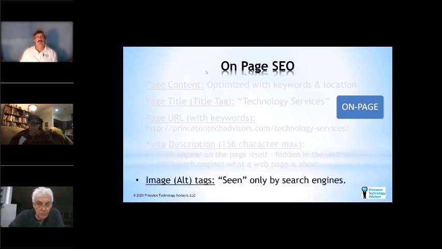Another hidden field, since you mentioned images before, are alt tags or image tags. You may remember the old days when you used to take pictures with a camera and printed the picture out, or you sent the film out and a couple days later you picked up the pictures. On the back of the picture, you might have written what the picture is. And then you put that in a picture album. So you might revisit your photo album from 20, 30 years ago, open up the album, take the picture out, and you'll say, oh, summer vacation at the lake, and now you'll have a memory. Image tags are hidden fields in the images where you can put keywords.